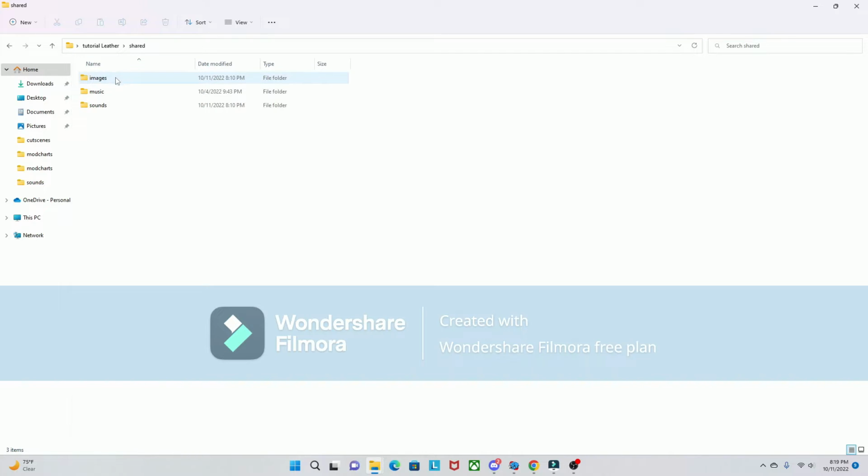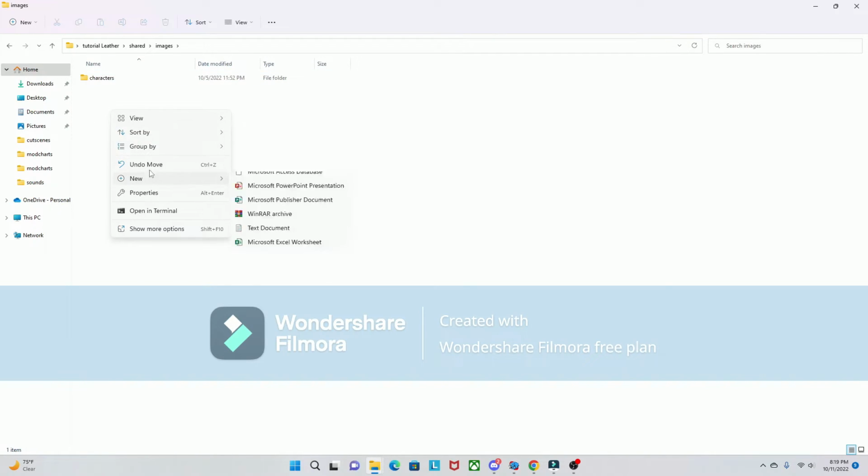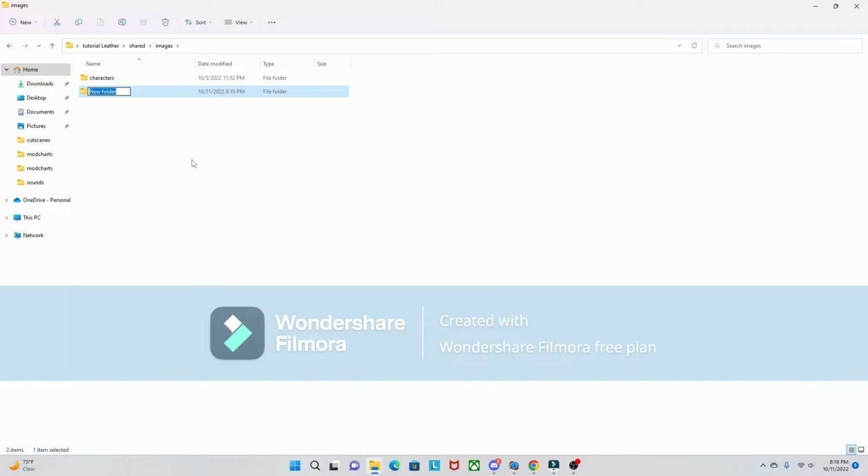So go to images, and then I'm just gonna add another folder, but this one's gonna be called UI skins. So this is where we're gonna put all your custom arrows. So I guess in the UI skins,